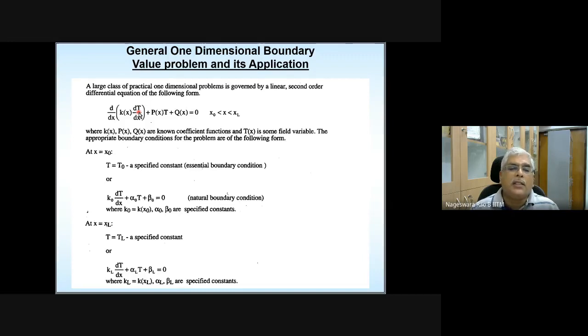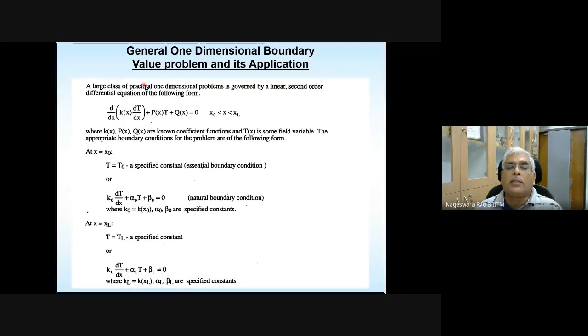So this is similar to developing a formula, something like a plus b whole square. A plus b whole square is a square plus b square plus 2ab. Irrespective of what a and b stand for, once you have that kind of format, you can easily expand it. So that is the idea of developing element equations for this general boundary value problem. So please take a note of it. You can read this one.